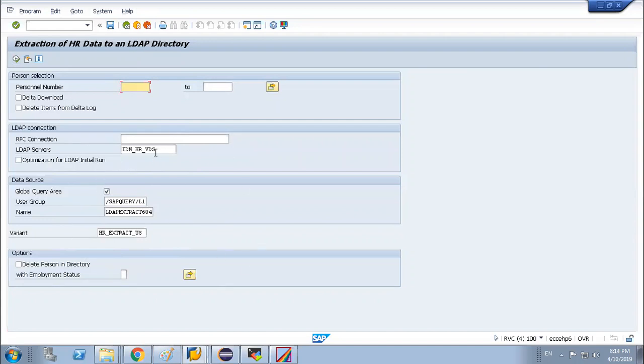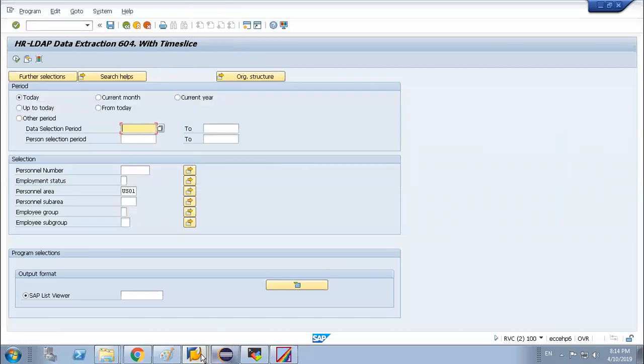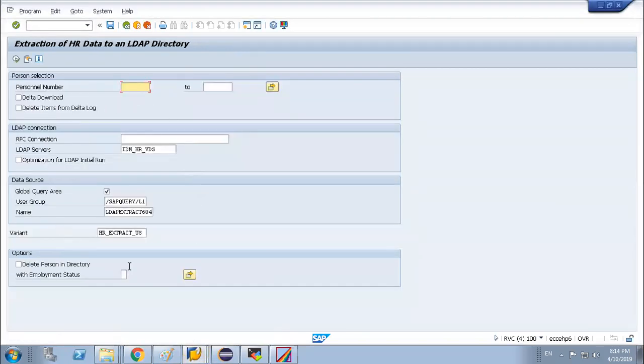You don't have to put them again and again. One variant I have created in this area in order to execute with the filter. Another variant I have created in this area in order to execute the program, the data. So we have two variants. One is for the query and one is for the program.